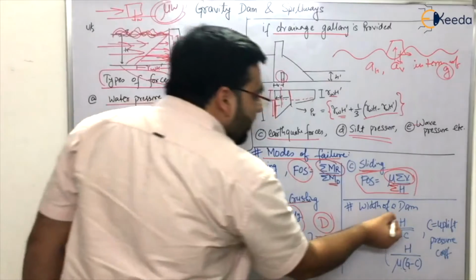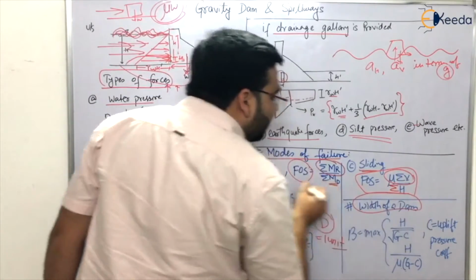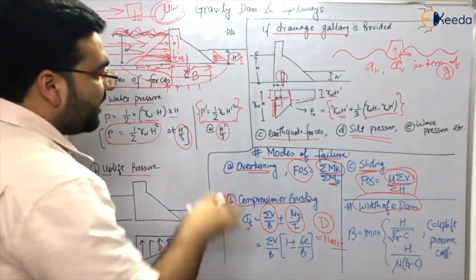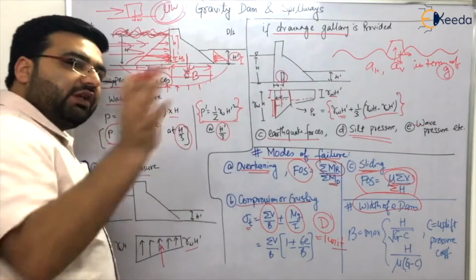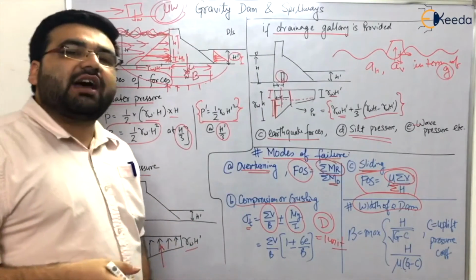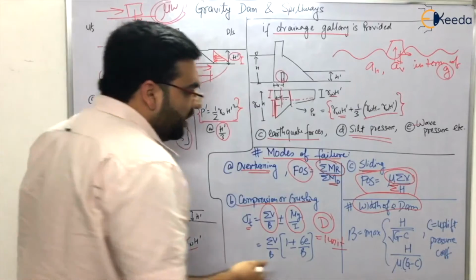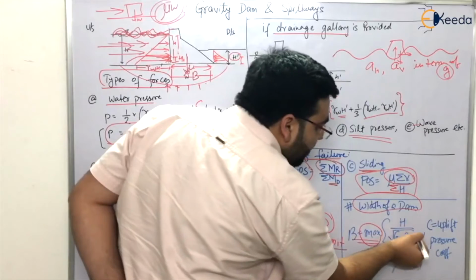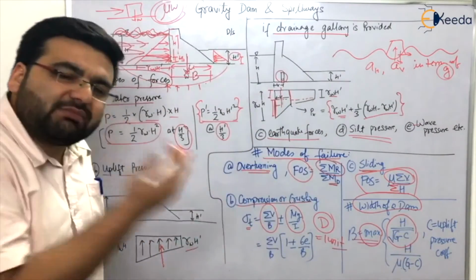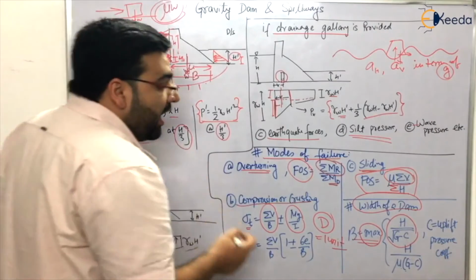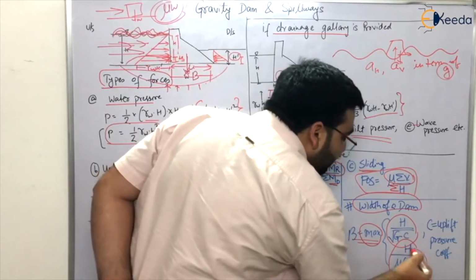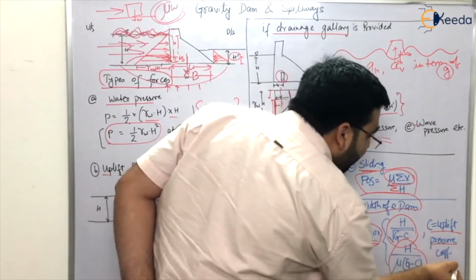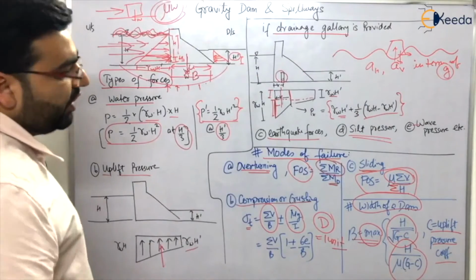Okay. Now this is also important. Questions have been asked directly from this topic, width of the dam. How much should be the width of the dam, right? If the reservoir is full, if the reservoir is of full capacity, because actually we are designing a reservoir for its full capacity, right? Then the maximum width of the dam is the maximum of H divided by under root G minus C, because you have to ultimately remember these formulas. I can't do anything about that, right? Okay. Or H divided by mu times G minus C. This is not under root, only G minus C, right? What is C? C is the upward uplift pressure coefficient. This will be given to you in questions.